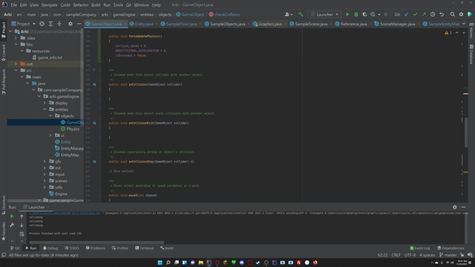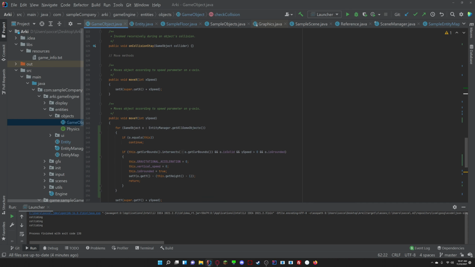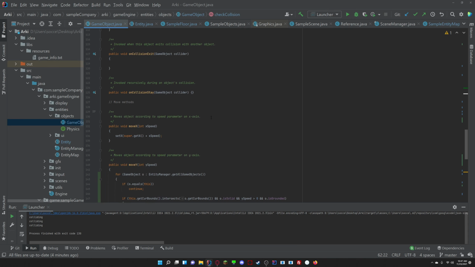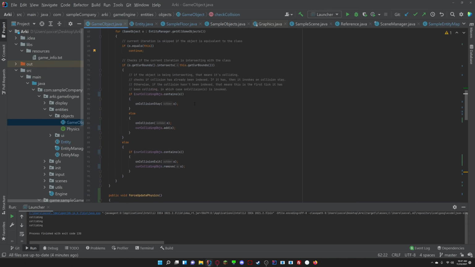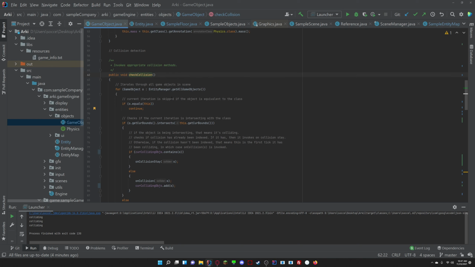Because essentially, okay, the move method, move x, move y. So it's going to need to, when an object collides, I think how it's going to work. Okay, yeah. So when an object collides with another object, let me write this down because I'm just figuring this out right now. So the new collision system is going to be